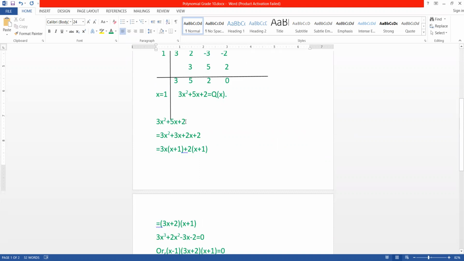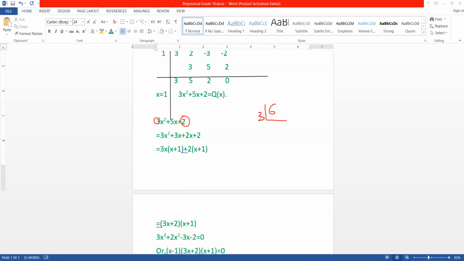So 3x squared, it is nothing but splitting of middle terms, 2 into 3, multiply the coefficient of x squared and 2. You should always multiply. Let me annotate it to show it clearly. So you have to multiply the coefficient of x squared and this last one, okay, and 3 times 2 is 6. So let's write 6, and then do the prime factorization,